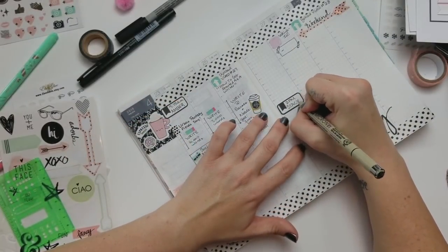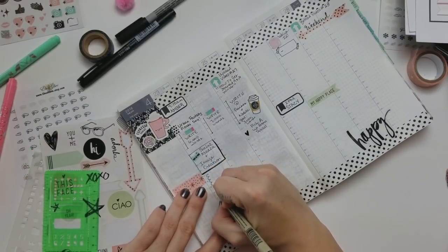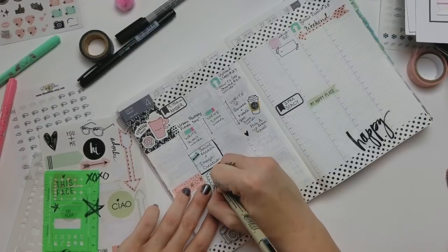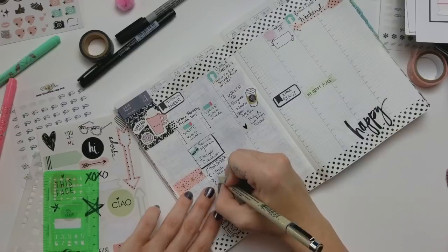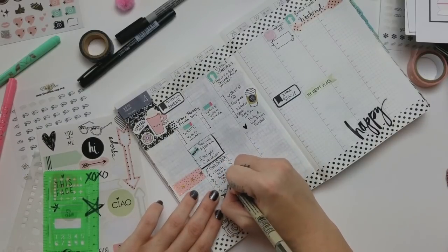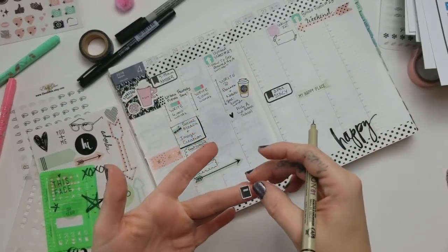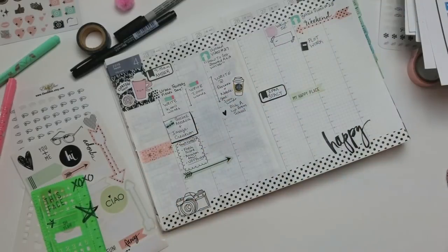Now I've got these little appointment boxes and have marked off some different meetings that I have this week. And I've been looking on Pinterest and trying to get some ideas for better frames since I write so much of my own stuff in. I do try to use stickers, but I also like to write stuff in and make it look good. So I just created a little cloud looking frame, and I'm writing some to-dos on there, just that I want to keep getting my word count done. I want to get all my social media done. I also marked that I'm waiting on an Amazon package,